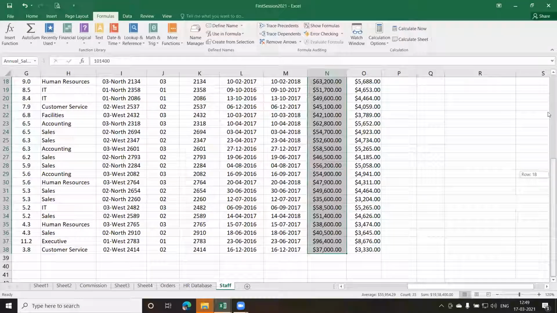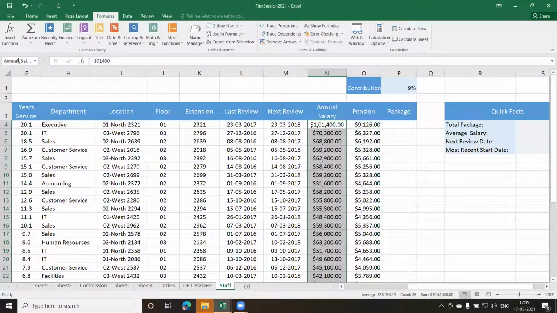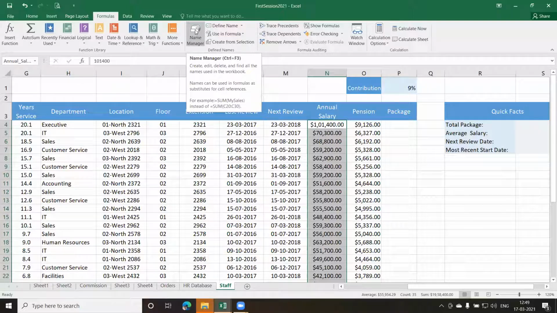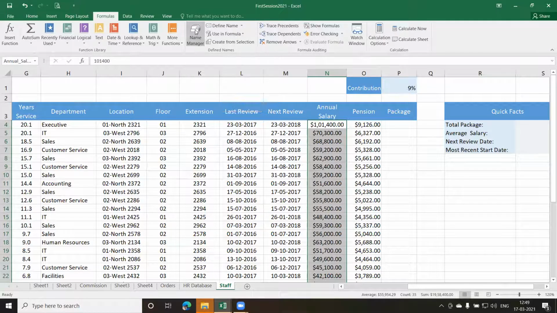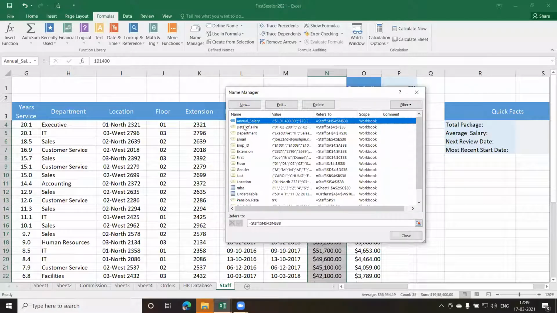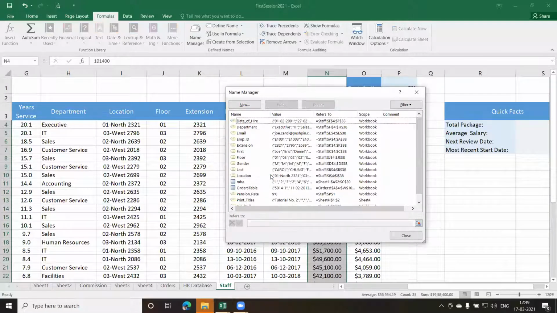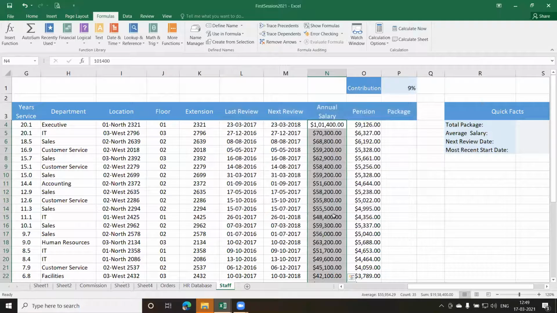Because I have already done it here, you can see there's a name here, annual salary. I can check it in the Name Manager, where I get all the names which I have. Here you can see annual salary is there. Let me delete this right now. Click OK and close this.